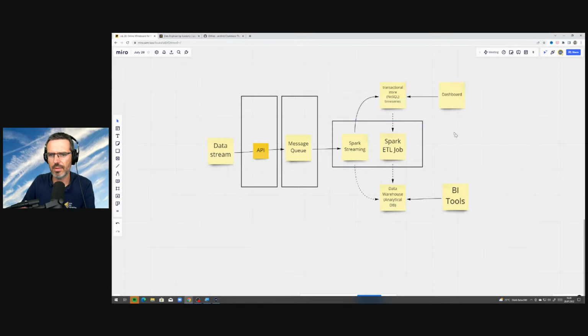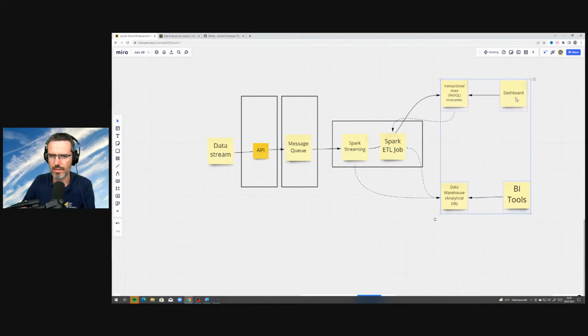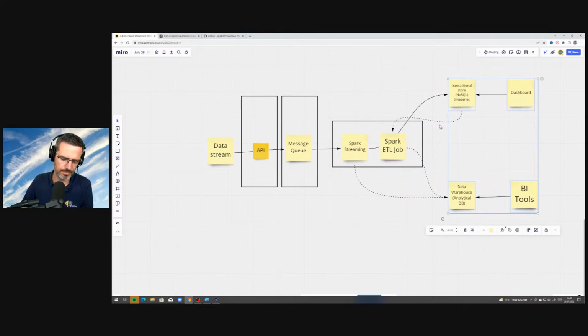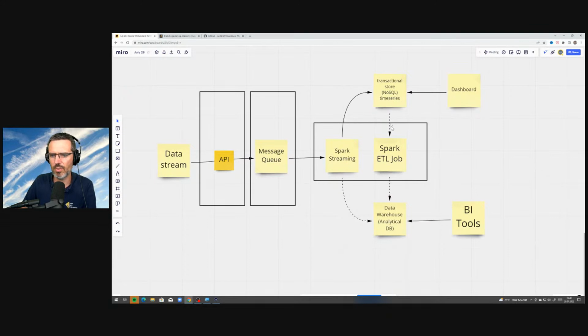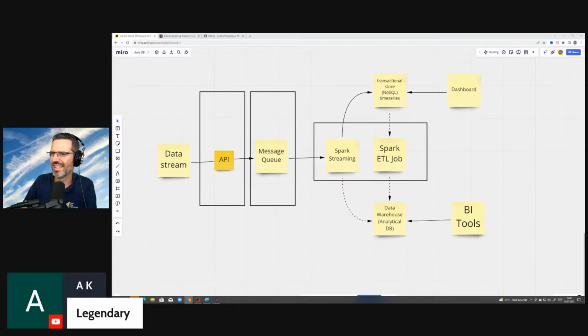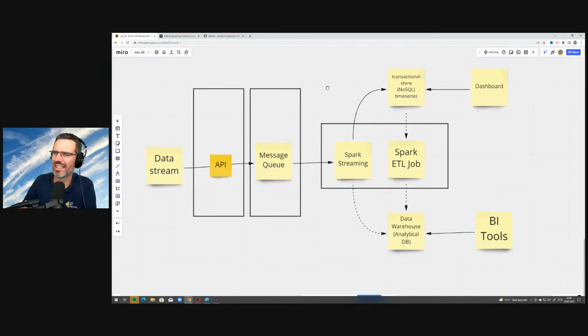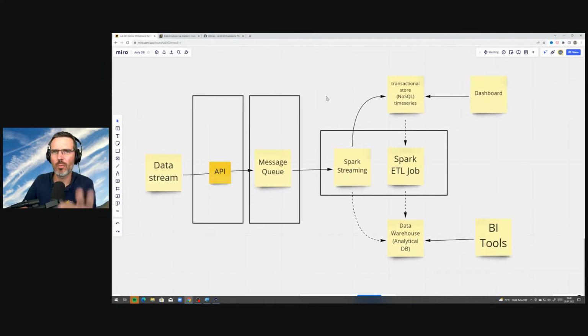Then you have your stores on both sides here, and on the right side you have your visualization tools. It's literally that easy, and it's always the same. Of course, the details are different, but yeah.